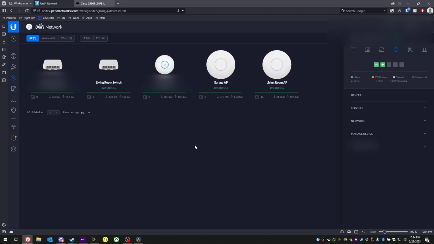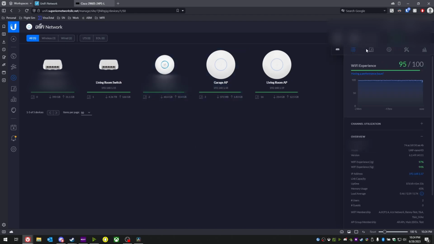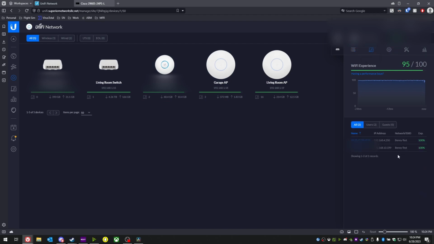My device was still proxying a MAC address even though it was set to disabled for private Wi-Fi address, as well as the access point in question didn't have access to VLAN 4, so it couldn't dish out the VLAN 4 IP address. But now that it is all working, if we go to clients here, we can see that